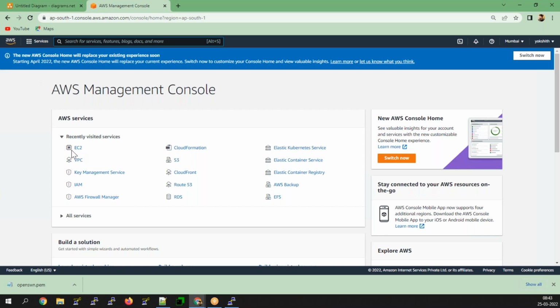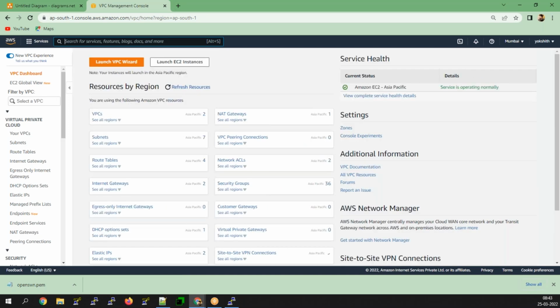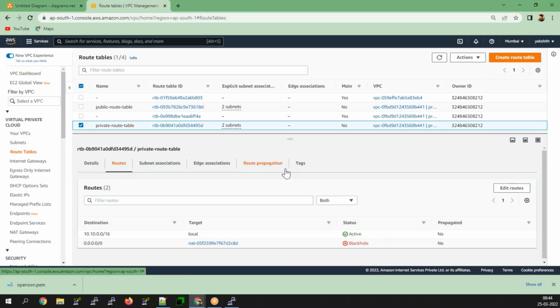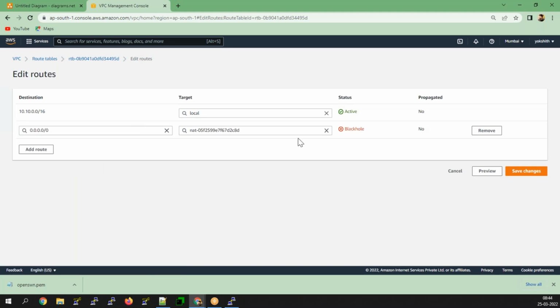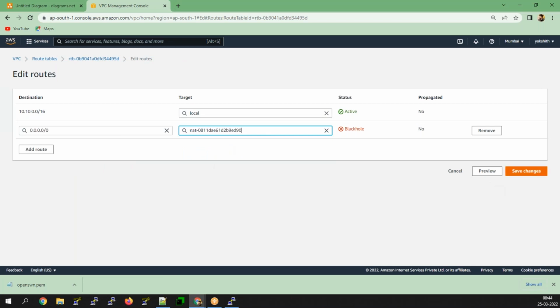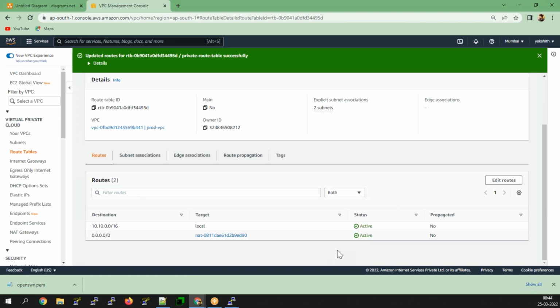So now go for the respective VPC. The route tables here. For the private route, edit this respective route. Instead of this NAT, give the proper NAT gateway here, the one which you have created right now. Save the changes here. So this is active right now. No issues with this. Now create one VPC here